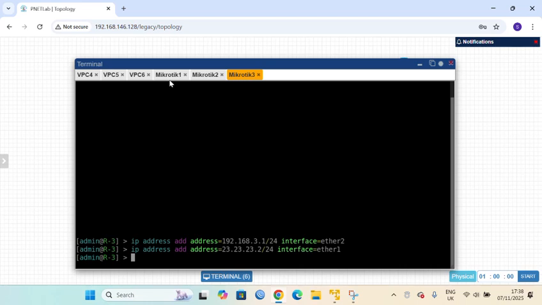So we will configure the routing RIP on router 1.